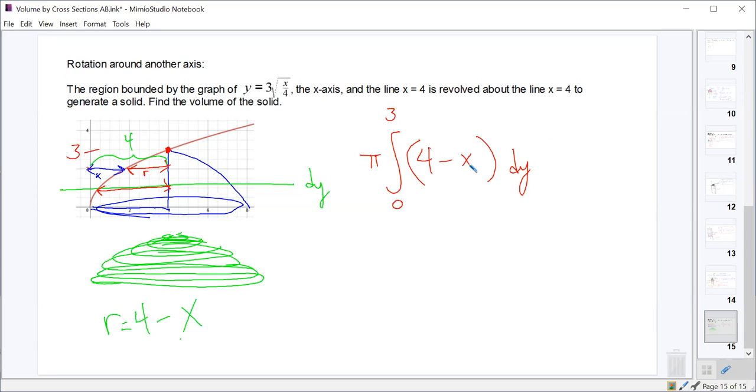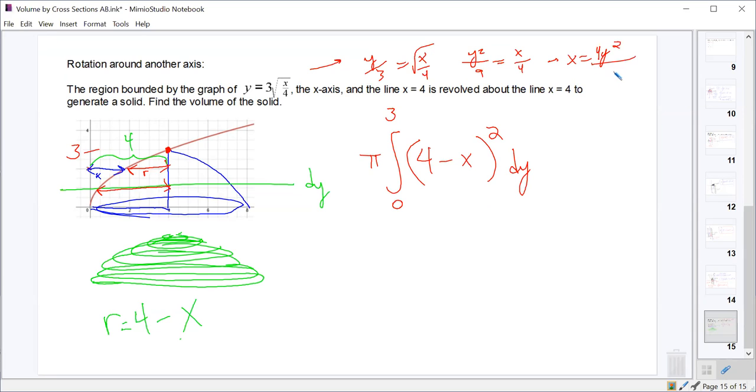I can't do 4 minus x dy, can I? Nope. No, and it's got to be squared too. I forgot the squared. Well, I could then go in up here and say, what is x equal? Y over 3 is root x over 4, or y squared over 9 equals x over 4, or x equals 4y squared